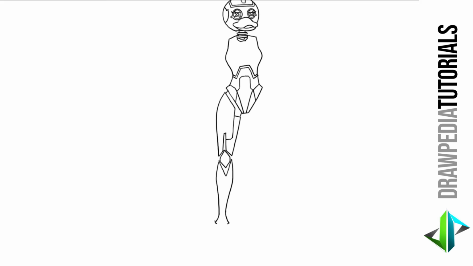Turn it diagonally up, across, and turn it diagonally down on the right side. Below the leg, I'm going to draw her foot with a line across. Turn it downwards on both sides of the foot, and inside of that shape, I'm going to draw a line